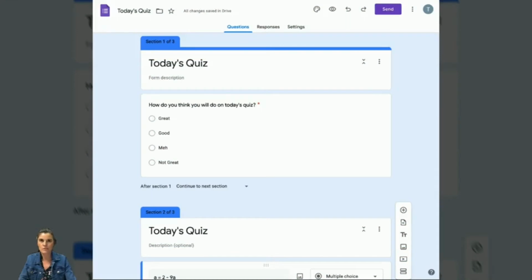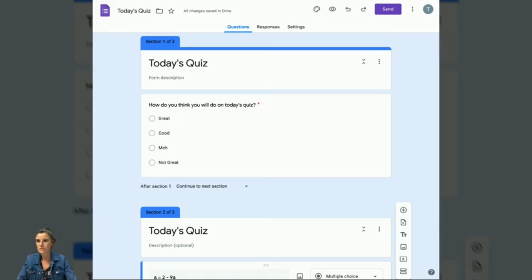Hi, today I'm going to show you a feature of Google Forms. And this all came about because there was a group of staff members kind of talking around and sharing some ideas and things that they did in their classrooms. And one of the staff members, or a couple actually, said, "Hey, I didn't know Google Forms does that." So I'm going to show you today how you can use Google Forms and use the sections feature